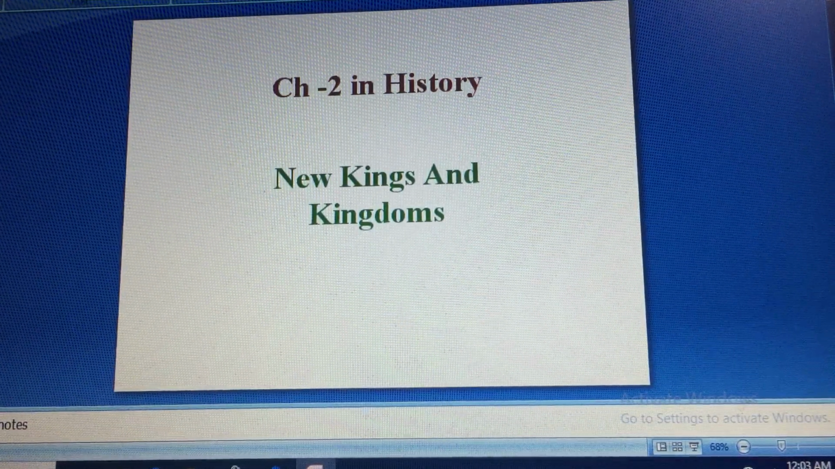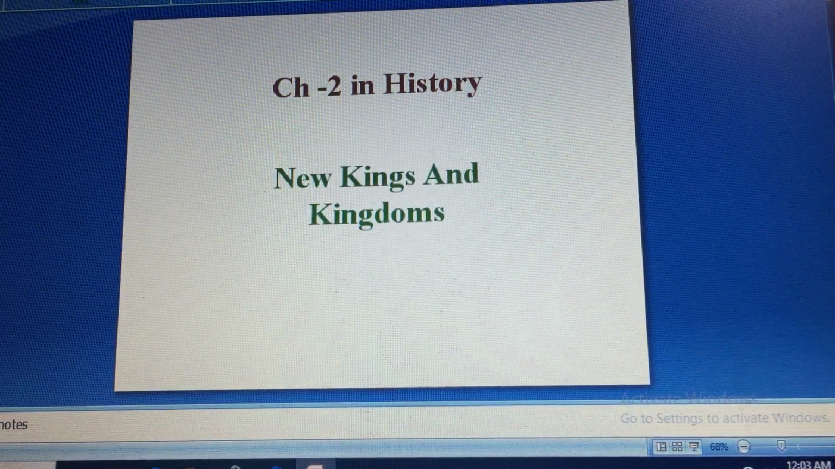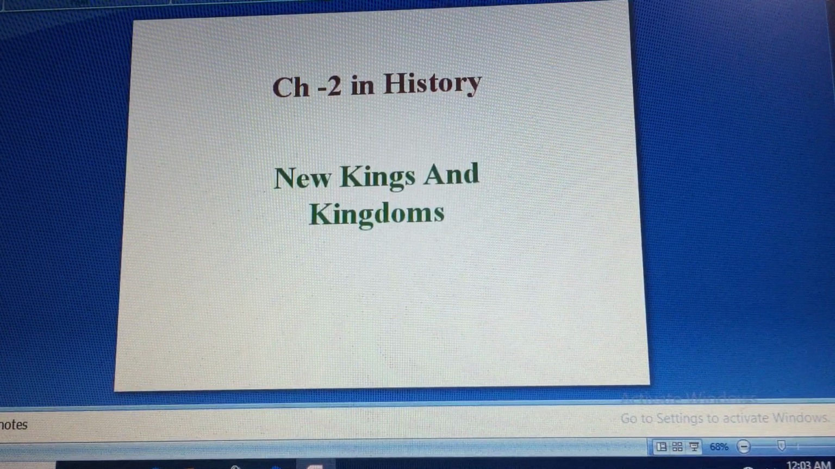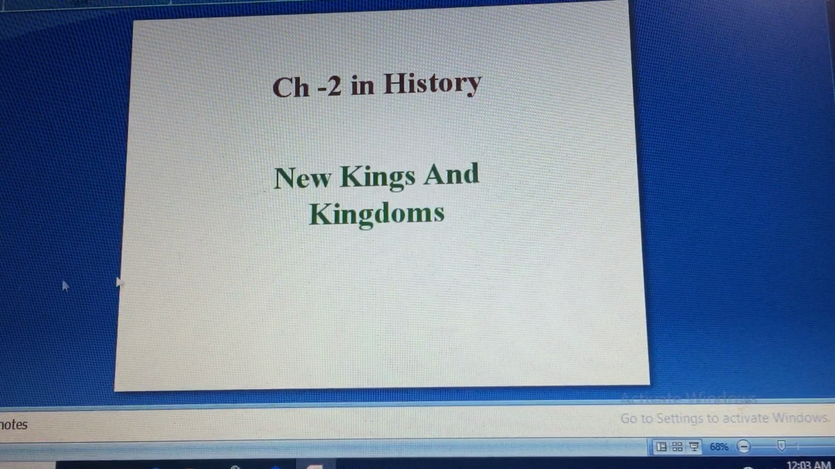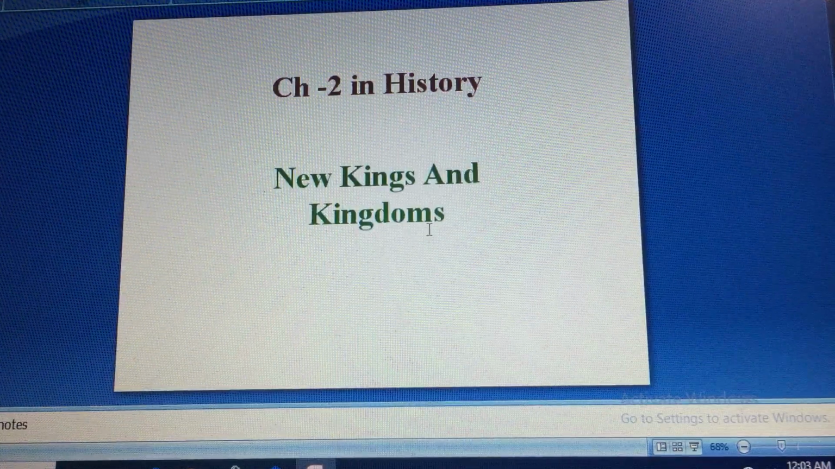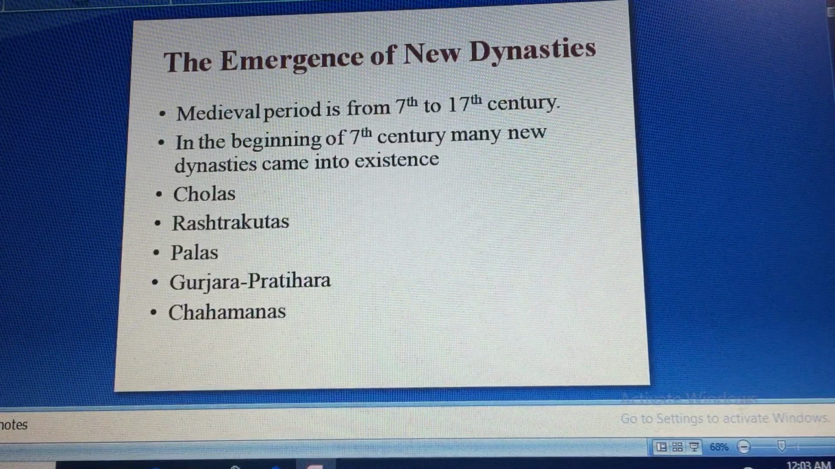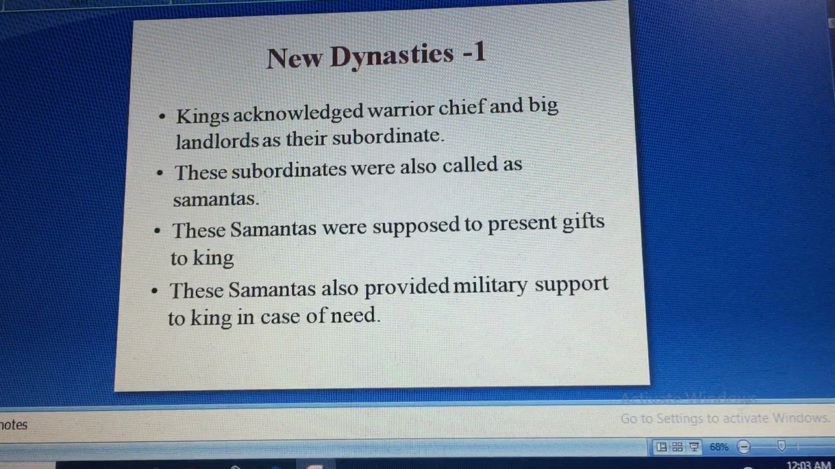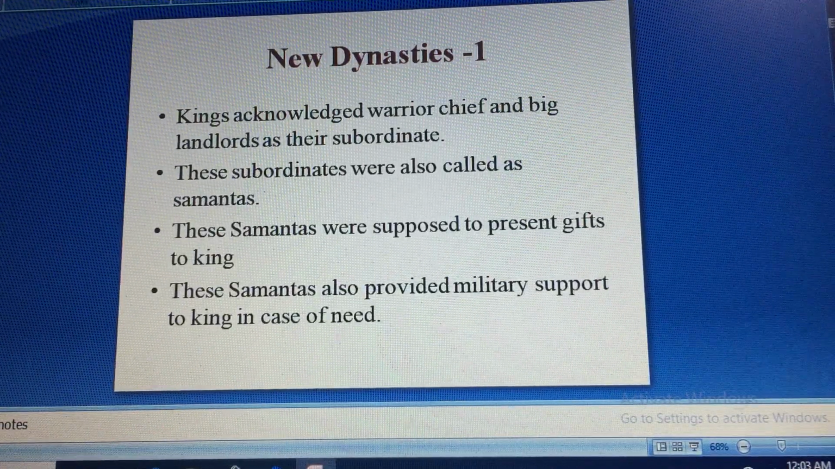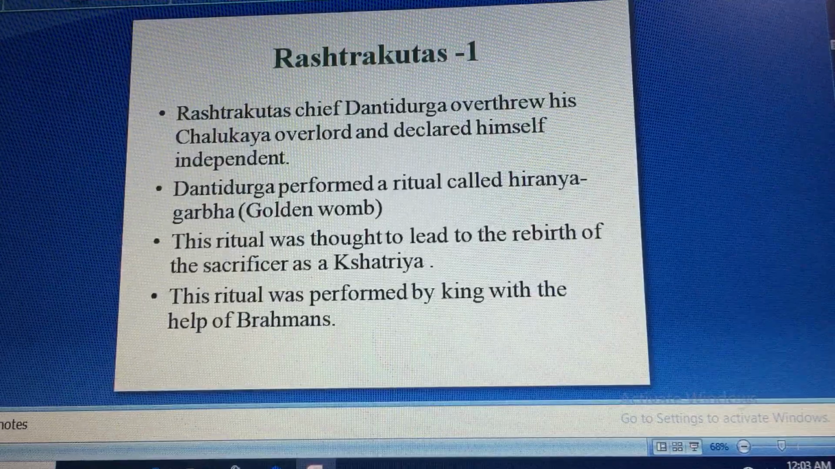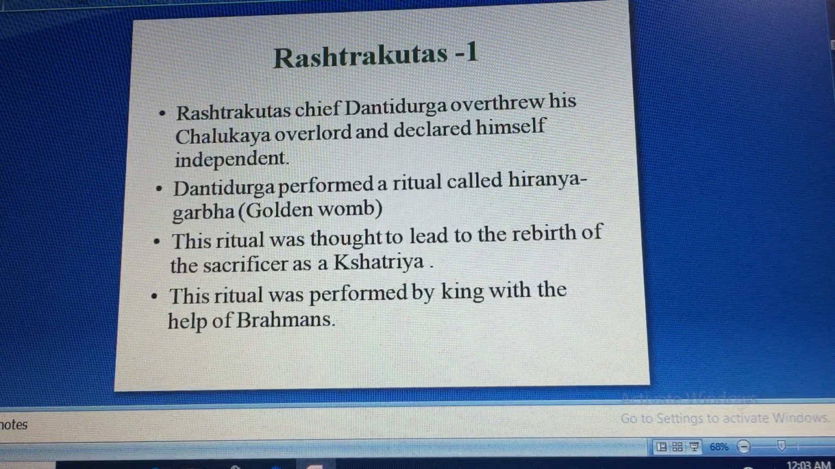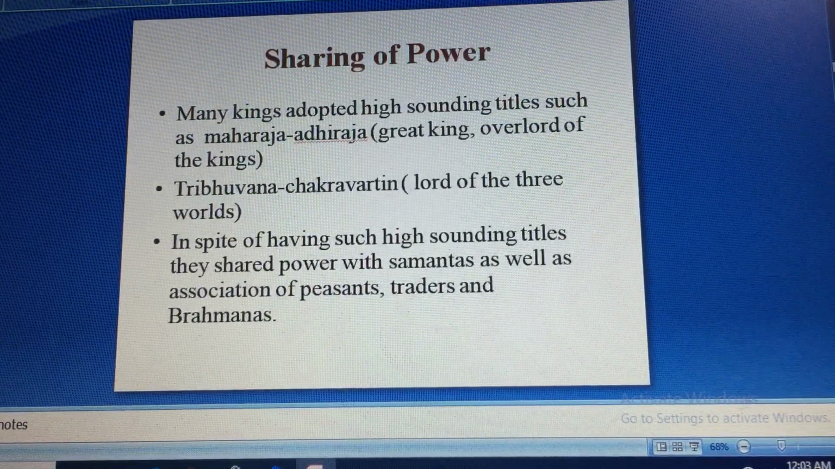Today we are going to do the third part of the chapter New Kings and Kingdom. So, let's do a quick recap of what we studied in the previous two lectures. We studied about the new dynasty, how they came into power and how they were sharing power. We studied about Rashtrakutas, and then we studied about sharing of power,